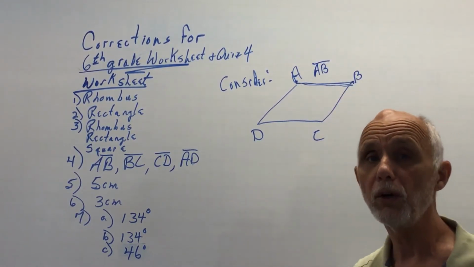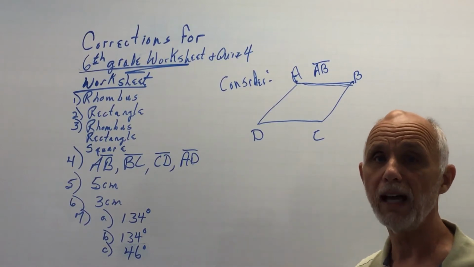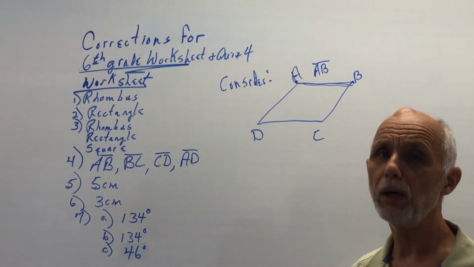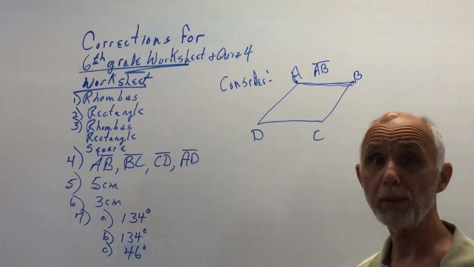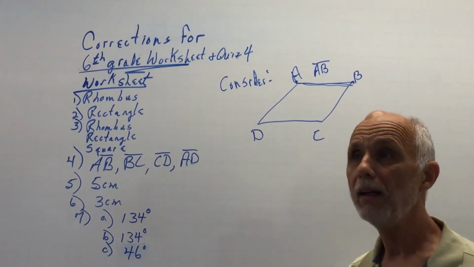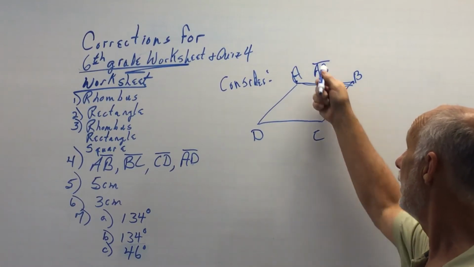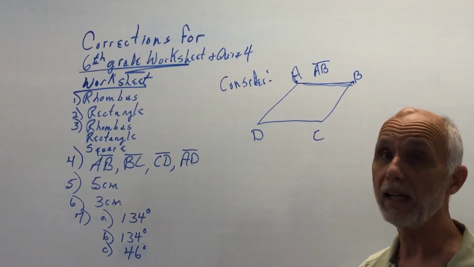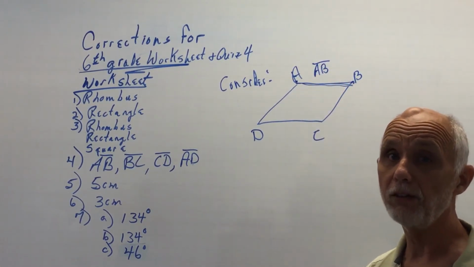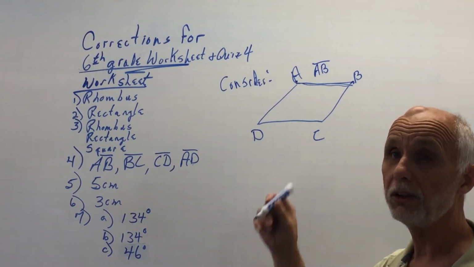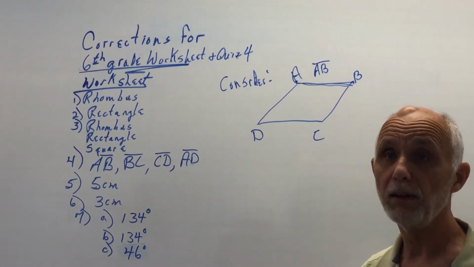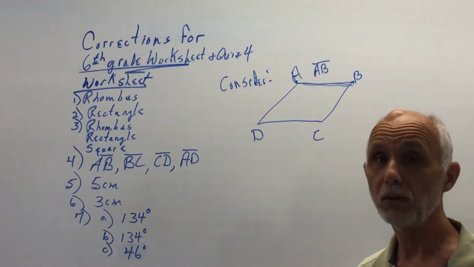By the way, you should have written AB with a line segment symbol on top. That was a little hard to put on the answer sheet. A couple of people did, good job. A number of people couldn't figure out how to do it, and if you can't, then you just write AB and I gave you credit. By the way, I learned from my mistakes, I won't ask you to name the sides of a parallelogram again,